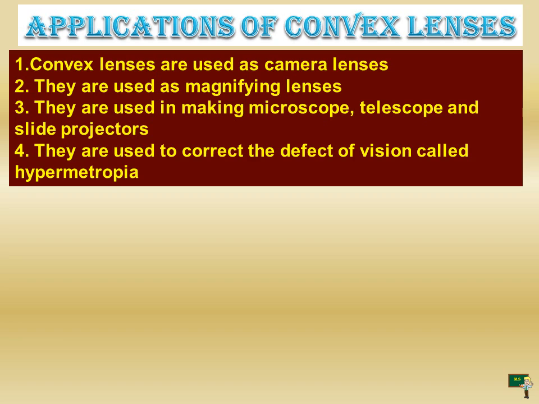You can see it's really a contrast. Microscopes are used to see nearby objects and telescopes to see far away objects. They are also used to correct the defect of vision called hypermetropia, an eyesight problem which may occur as men or women get older, or sometimes in persons at earlier stages.